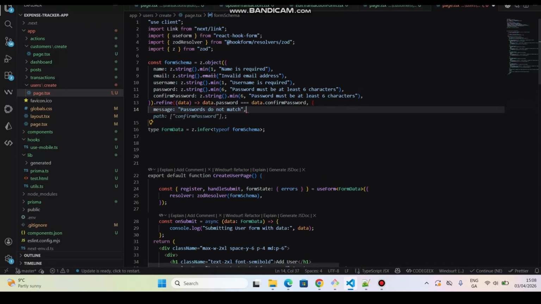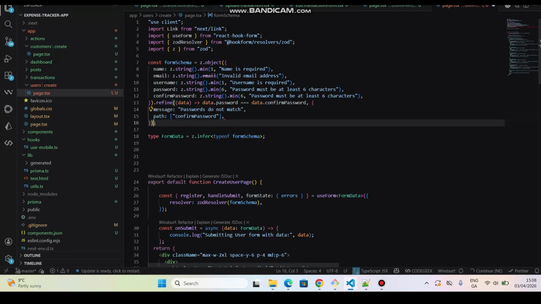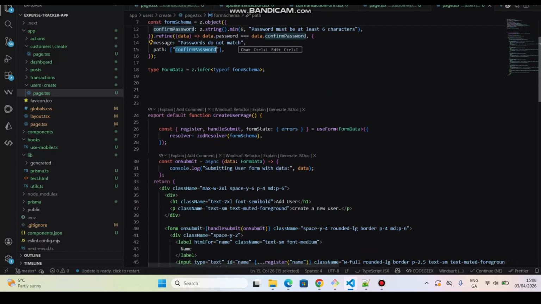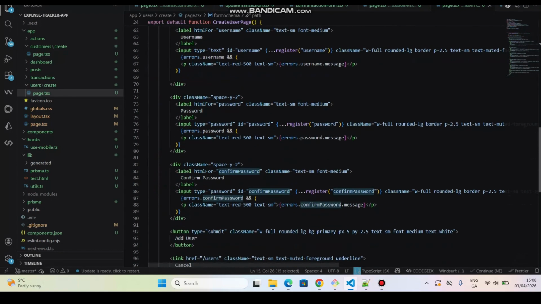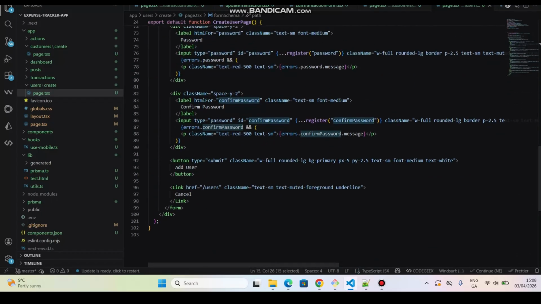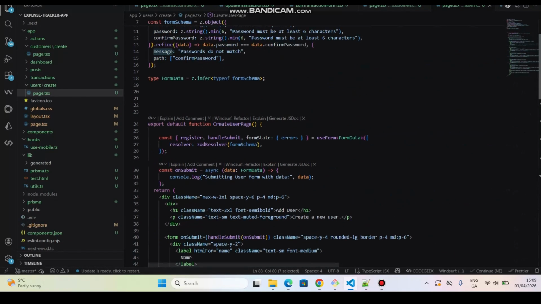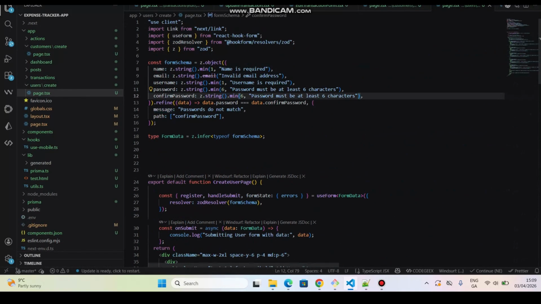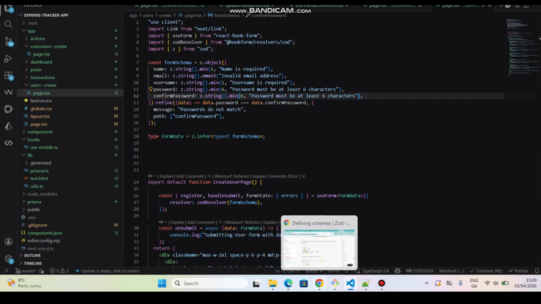Passwords do not match, and we need to provide the path and close this. We also need to provide this message just below the confirm password field, so just copy this, and you can see the confirm password message is shown here. This should do the work. It will show the confirm password message if it does not match. So once I save this